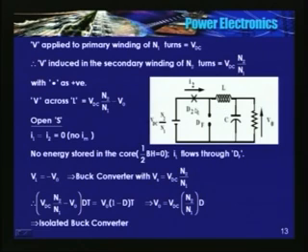Now, the moment I open the switch in the primary, there is no current in the primary, therefore I2 also becomes 0. Okay, this current becomes 0. This current, or the output filter current, should be continuous. It was flowing in this direction, and starts flowing this way, through DF.